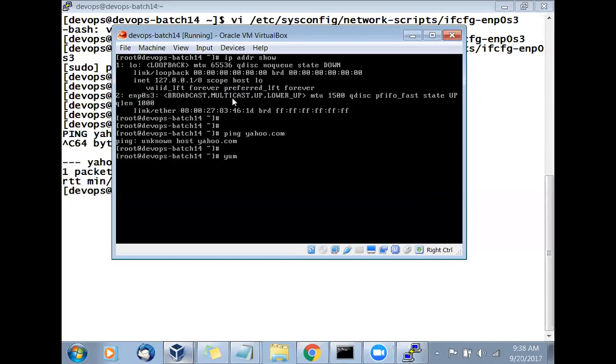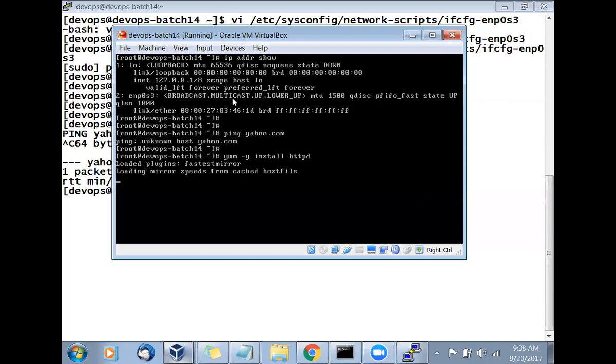Okay, now we will see the same error. I will say yum -y install some package, httpd. Let's install some package. We'll run that. Now we don't have network, so let's see what error we get. This is the common misconception: which command are we using currently? The yum command. So people will say this is a yum error, but this is not a yum error. This will be a network error because your network is not there.